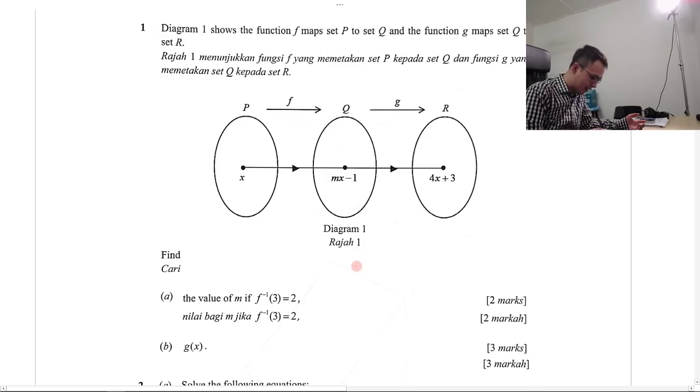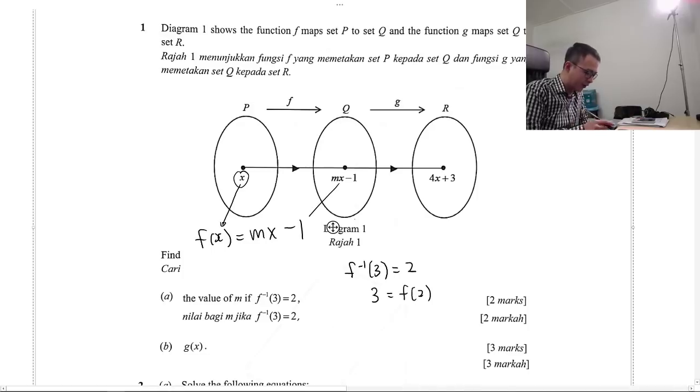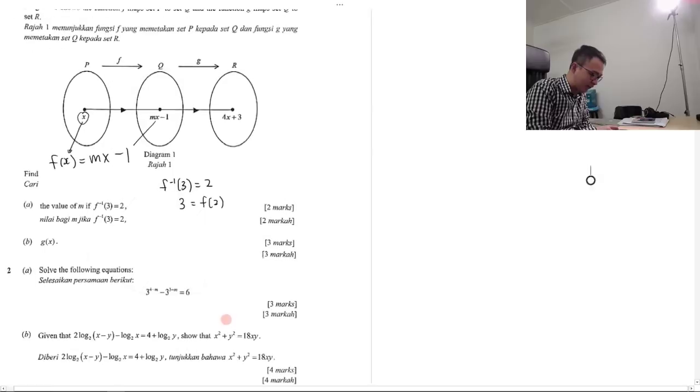you can do something like this, because now f inverse of 3 equals 2, isn't it? I can move my f inverse to the other side, becoming f of 2. So therefore 3 is equal to f of 2. So f of 2 equals 3 means what? That means this is a process of f(x), right? So I know my f(x) is equal to mx minus 1. Because you can see the x belongs to this one, and then this one belongs to here. So in order to do the f(x) over here,